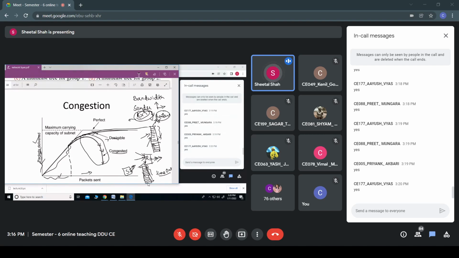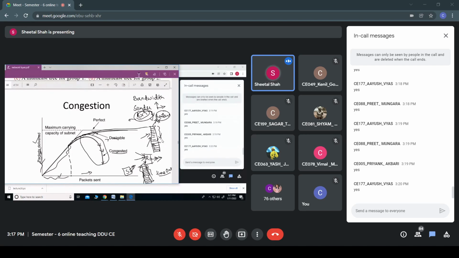So it would go on pouring the packets onto the network, and even if we increase the buffer size, by the time a packet's turn comes, it may time out and new packets would arrive onto the network, and still it increases the congestion. Hope you are getting my point. More packets are poured into the network and it would still increase the congestion instead of overcoming it. So that is one more reason of congestion.